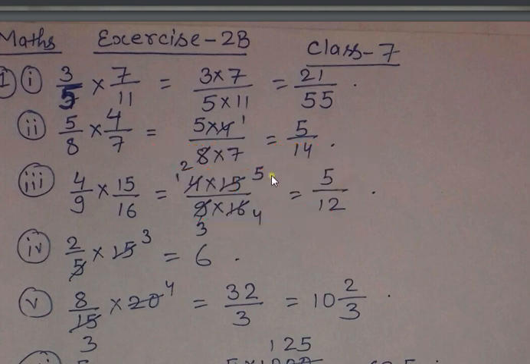5 by 12. Now there is a multiplication. Actually I had written the question and over there only I had just reduced it. You can reduce in the next step, don't reduce in the question itself. You write the question, then after you write this, and then you do this.